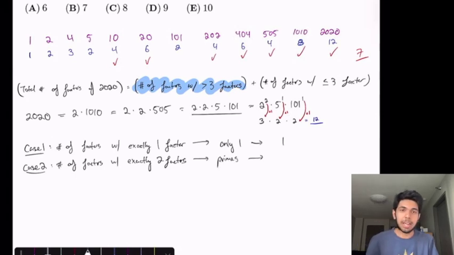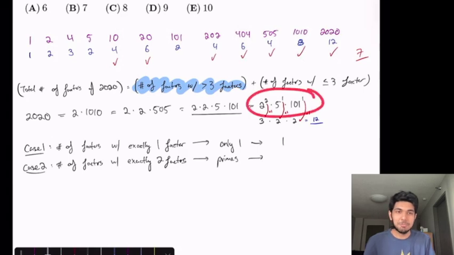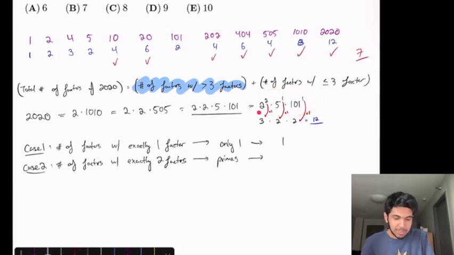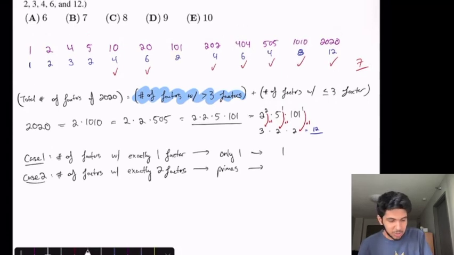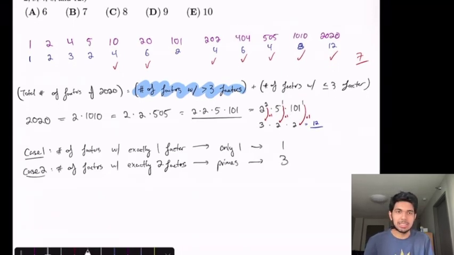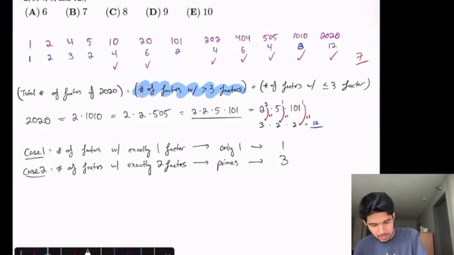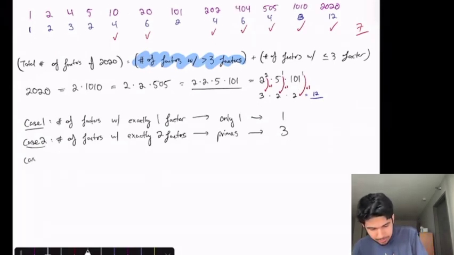So how many prime factors does 2020 have? Well, we can look at our prime factorization. We've written it out as a product of primes. So the numbers that we see here, the bases, those are going to be the only primes that divide 2020. So in this case, there are 3 values that contribute to this case. Pretty cool. Case 3, the number of factors